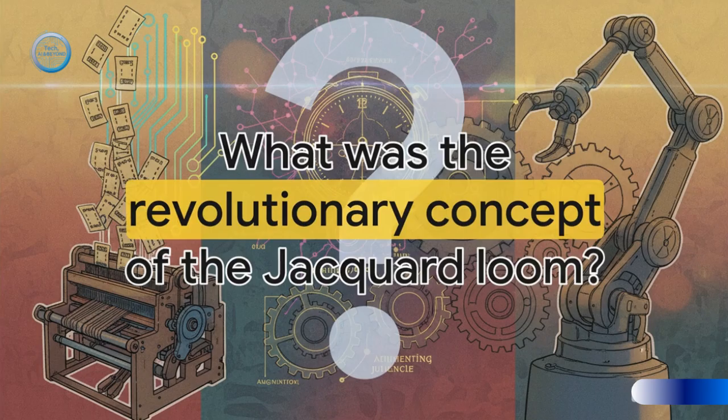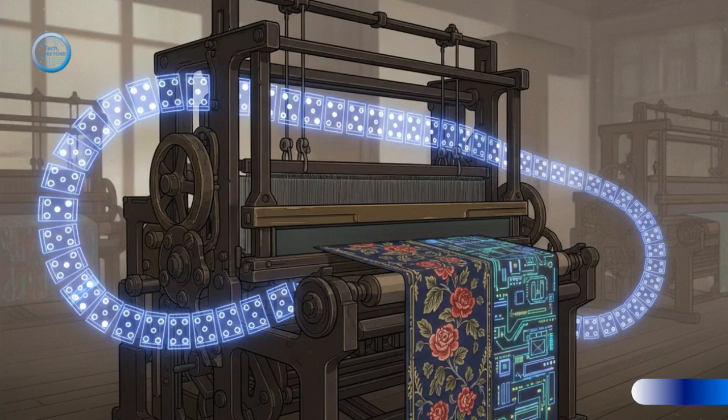But then, in 1804, an invention came along that planted the seed for everything that came next, from the first robots to the supercomputer in your pocket right now. The key innovation here was programmability. The Jacquard loom used this chain of cards with holes punched in them, and the pattern of those holes literally told the machine which threads to lift to create the design.